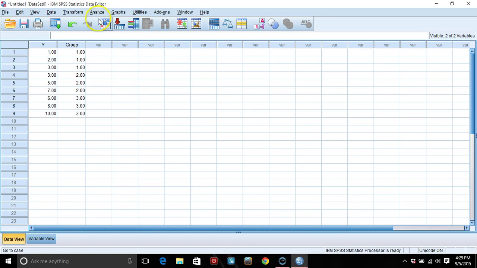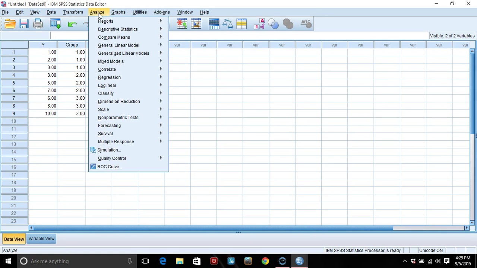So in SPSS, if you go to Analyze and you go to General Linear Model, we see that we have univariate, multivariate, repeated measures, and variance components. Those first three allow you to do many analyses. Let's go ahead and start with univariate. That's where we're going to do our one-way analysis of variance, or one-factor analysis of variance. So I'm going to select univariate,